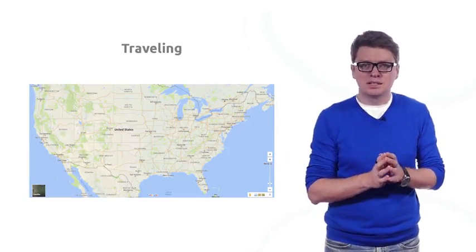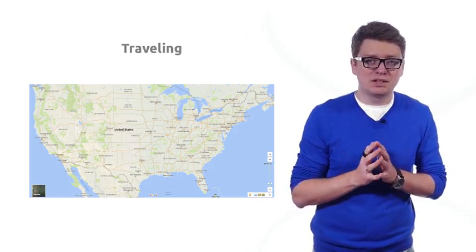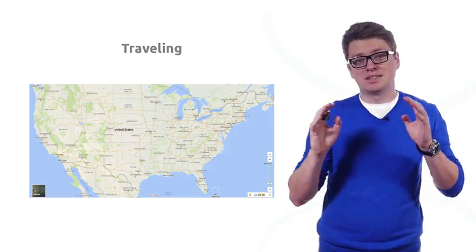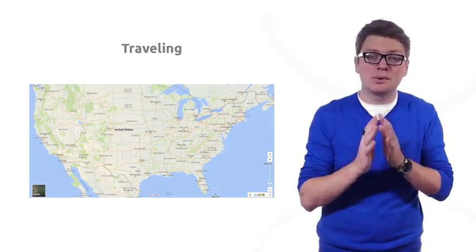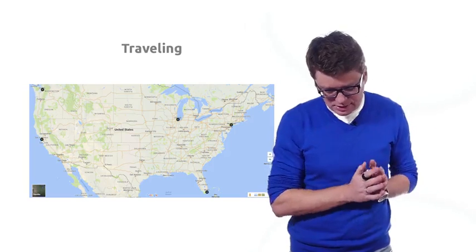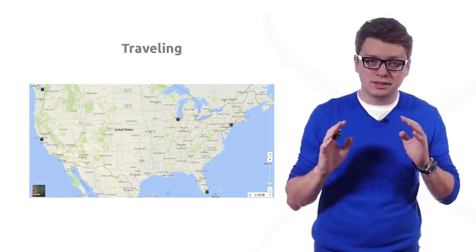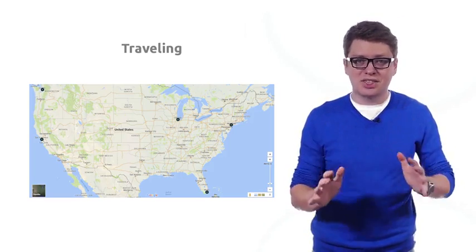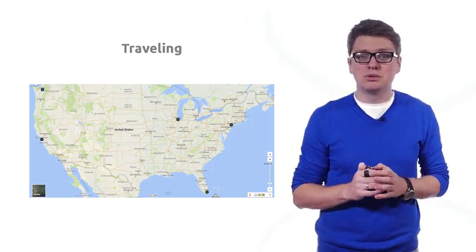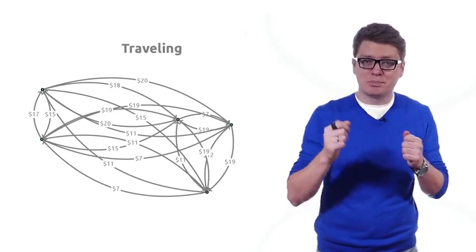Another natural application is the case when we are minimizing not the traveling time or the traveling distance, but the traveling price. Imagine that you are going to visit 5 cities in the US, namely New York City, Miami, Chicago, Seattle, and San Francisco. After deciding that you are interested just in these 5 cities, what you may want to do is the following. You first forget about the map completely. You now have just these 5 cities, and then you figure out the prices for flight tickets between every pair of these